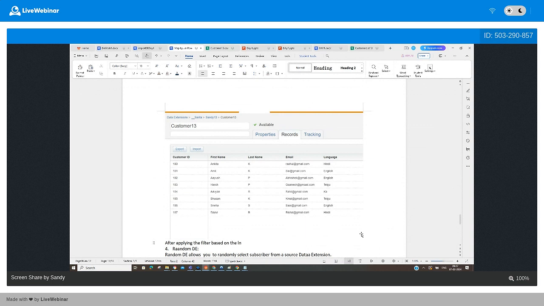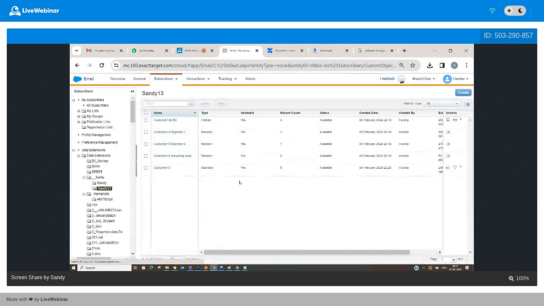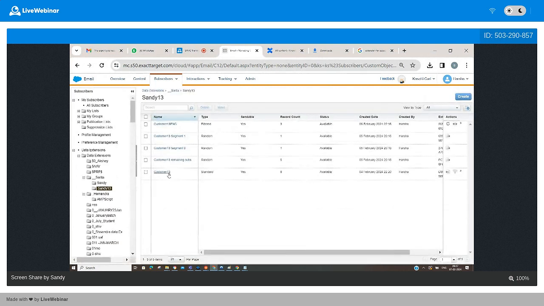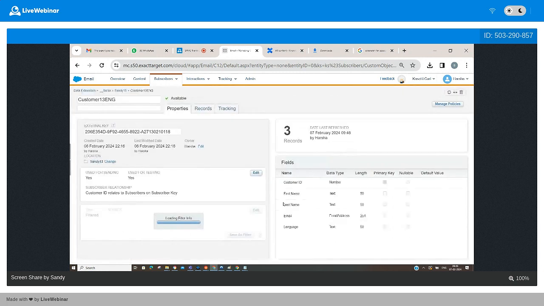based on the language preference. Okay, we'll see the filter data extension also. This is customer 13. Customer 13 was the copy data. Now we have customer 13 English. If you see the properties of that customer 13 English,